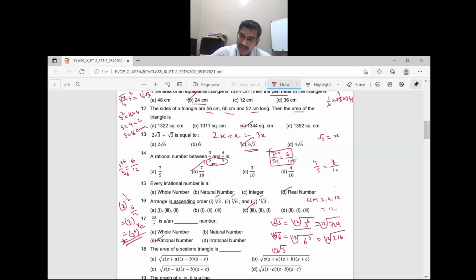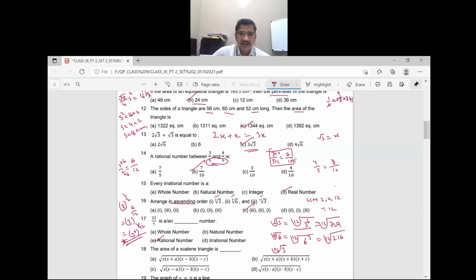Some mathematicians have used root 10 as the pi value. Some have used 22 by 7, and others have found different values with different fractional values. It's approximately equated, not exact. Since 22 by 7 is written in the form p by q, where p and q are integers and q not equal to 0, that definition itself tells it's a pure rational number. Is it clear, Chandru? It's approximately equated to pi, not the exact value of pi.